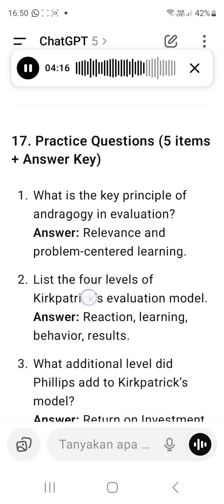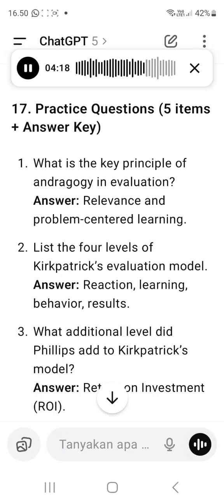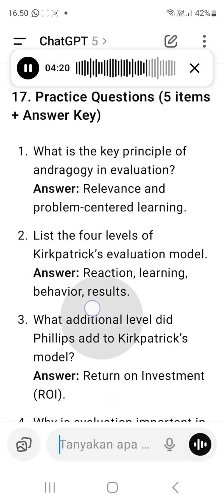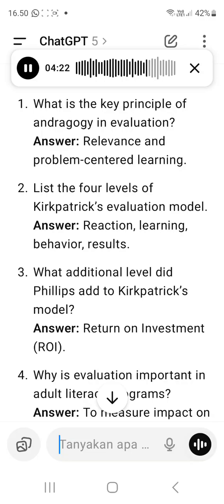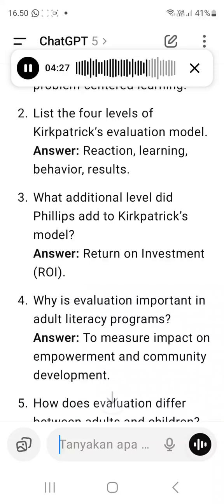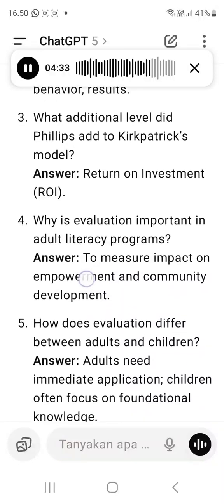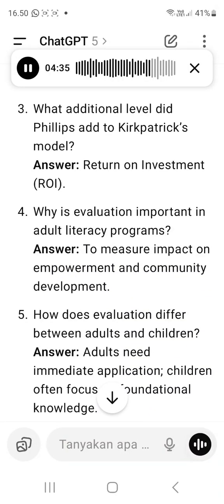17. Practice questions, 5 items, with answer key. 1. What is the key principle of andragogy and evaluation? Answer: relevance and problem-centered learning. 2. List the 4 levels of Kirkpatrick's evaluation model. Answer: reaction, learning, behavior, results. 3. What additional level did Phillips add to Kirkpatrick's model? Answer: return on